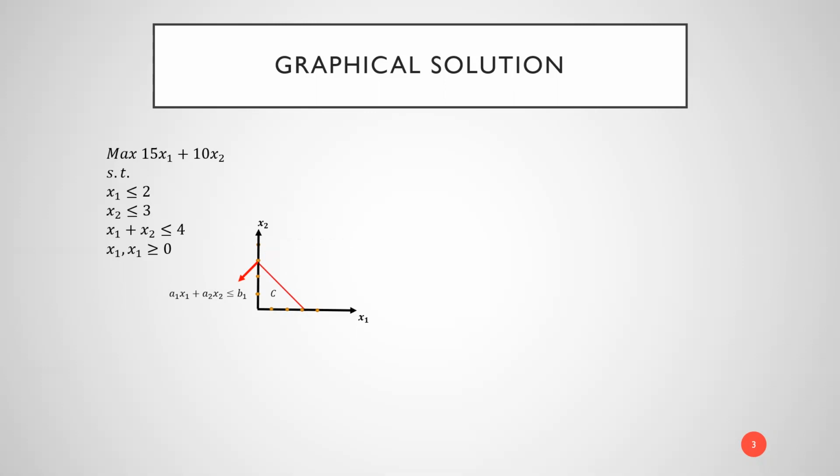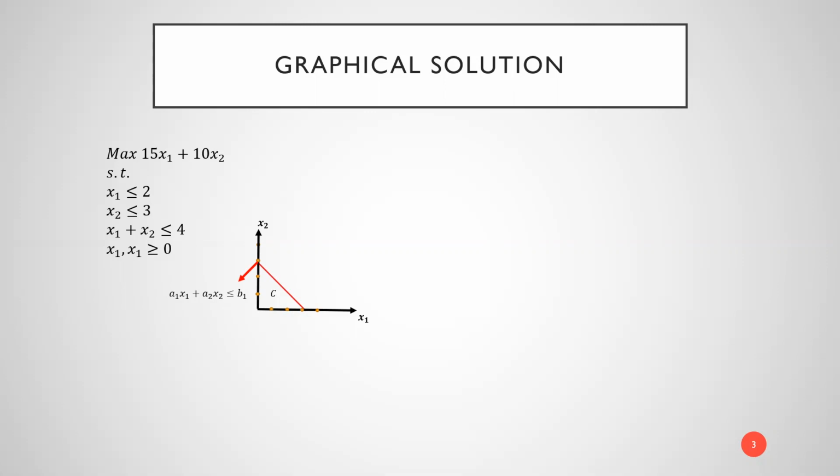So I have the on the line, I have above the line, and I have below the line. For this case, for example, I have the region C, the below line. I have just named it C, and the related inequality is A1x1 plus A2x2 less than or equal to B1. And to identify the feasible region for this particular constraint, pick a point on either side of the line and plug its coordinates into the constraint. If it satisfies the condition, this side is feasible. Otherwise, the other side is feasible. And for equality constraints, only the points on the lines are feasible. Here,